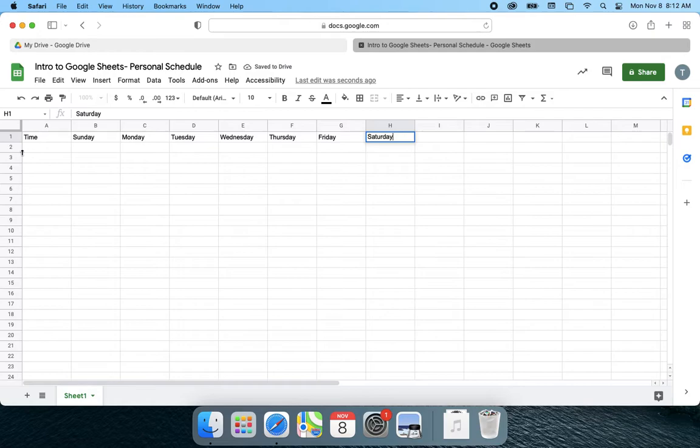So this is saying anything below here is going to be a time, and the things that are happening underneath Sunday correspond with these specific times. Monday corresponds with these specific times, and so on. So as I enter this,